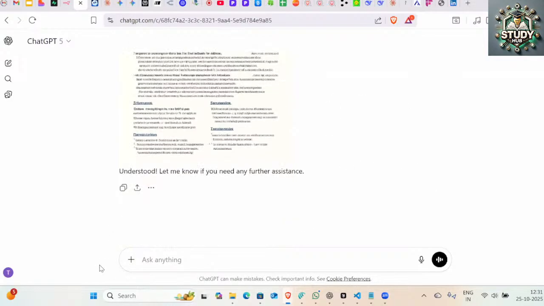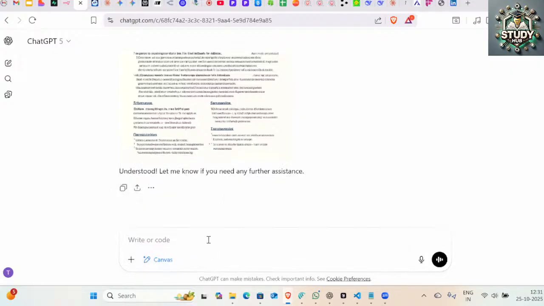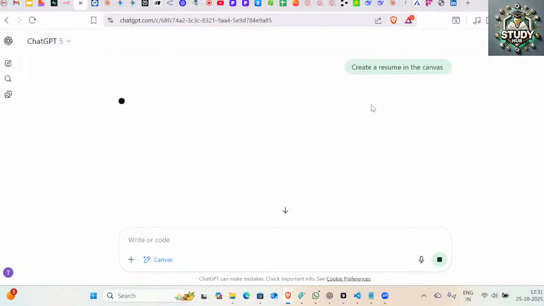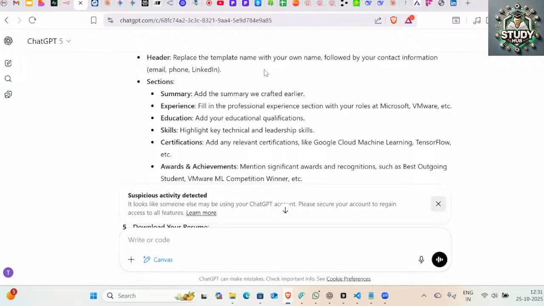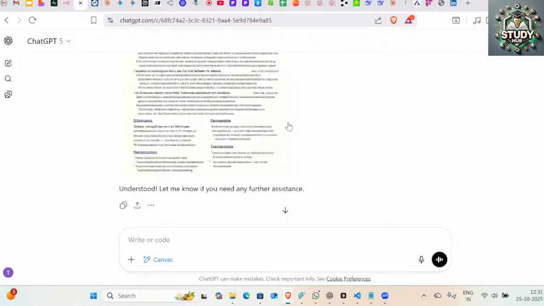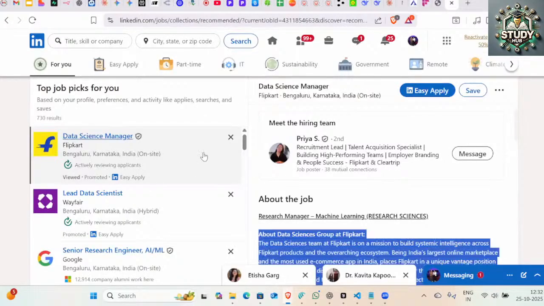So these are some challenges with AI also. It's not always 100% correct. Create a resume in the canvas. Okay, somehow it is not able to, but once you have the canvas ready, you can edit it in the same window, once you have this entire text coming in. So you can imagine now you have reworded your resume, you have your perfect resume, and you will go and apply to this particular job opening.